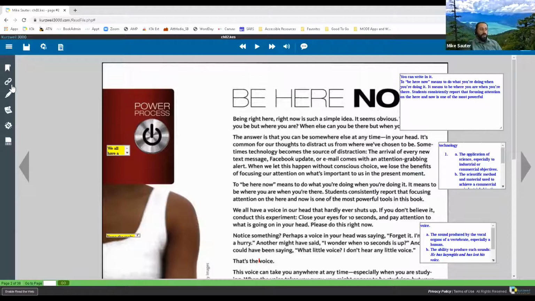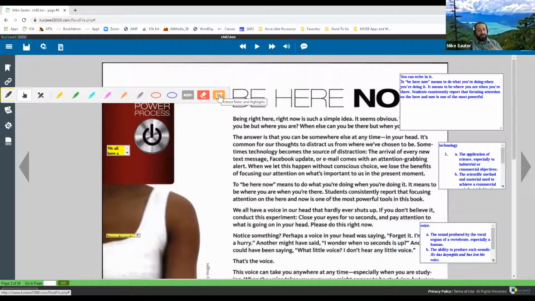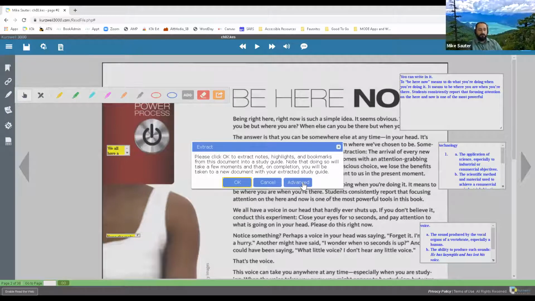So let's go back to our highlighting toolbar, because that is where the extraction icon is. And notice it says extract notes and highlights, right? Now I did remove all of the highlights already, but I'm going to show you what this advanced button does.